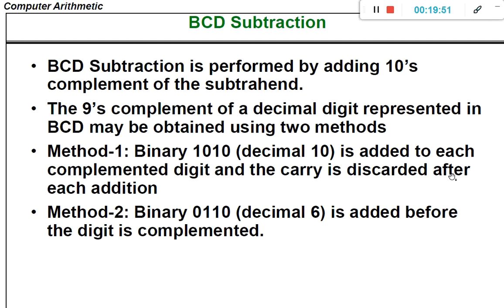Like this, the BCD adder circuit will work. As far as BCD subtraction is concerned, how do we perform binary subtraction?